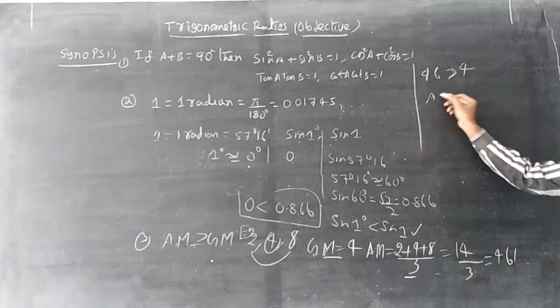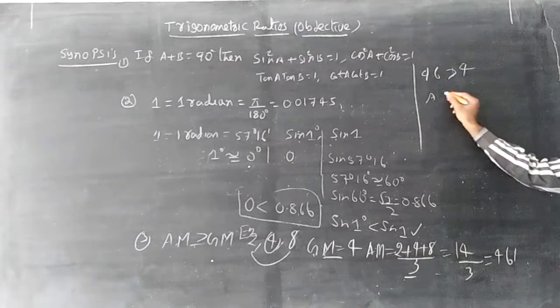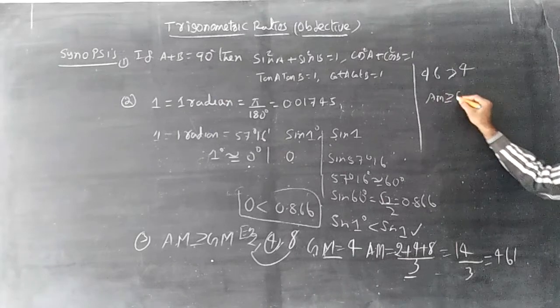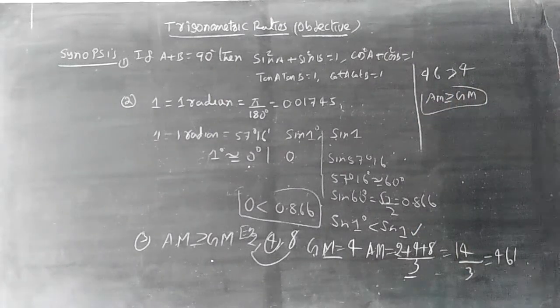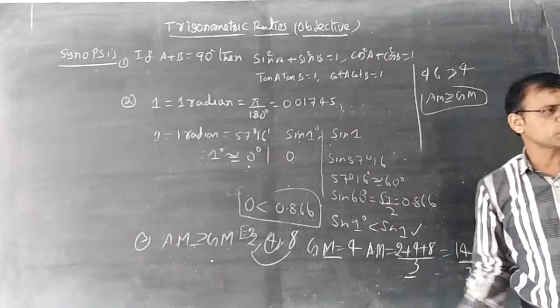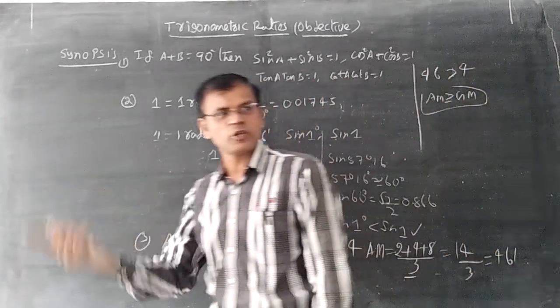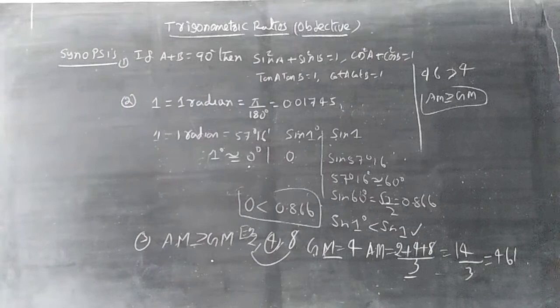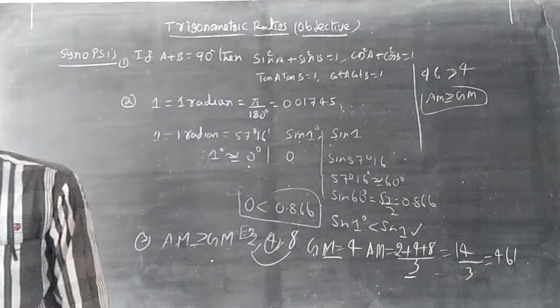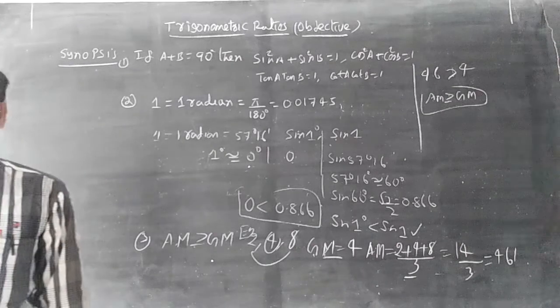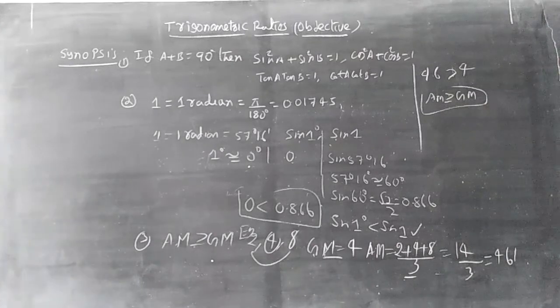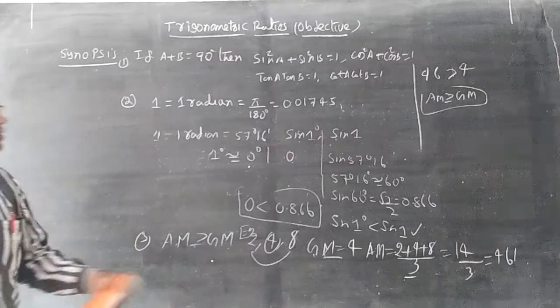That is not only for these two numbers, you take any numbers. The relation is AM greater than or equal to GM. Whenever it is equal, sir, you take 1, 1, 1 or 2, 2, 2 like this. So 1 plus 1 plus 1 by 3 gives 1, and the geometric mean is the cube root of 1 into 1 into 1, which is 1. So in that particular equal case, you can say it is equal also. So always AM is greater than or equal to GM.